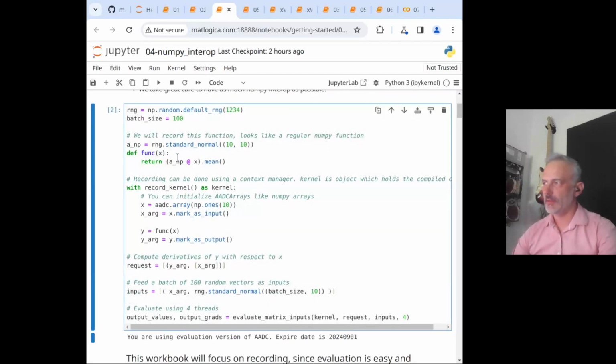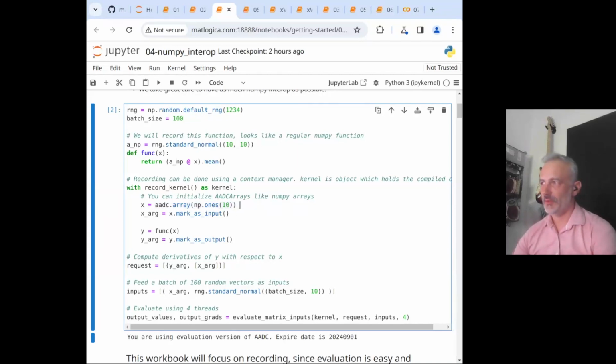So this is the example for NumPy. We do provide a wrapper for NumPy array. We call it ADC array, and you can initialize it with a NumPy array. So this is explicit.